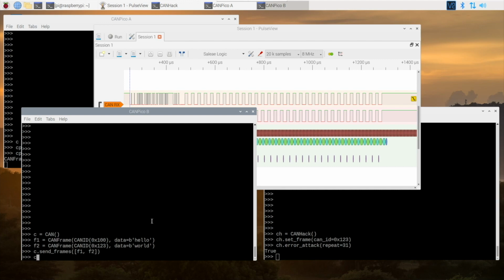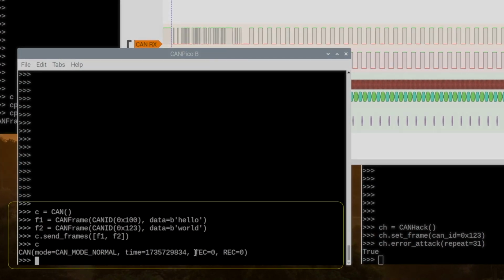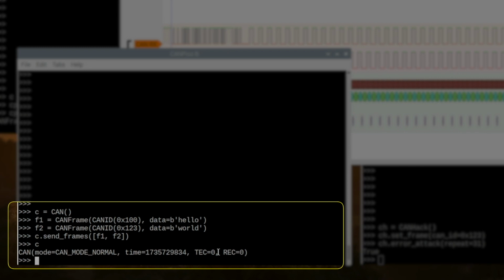Now if we bring up the status of that controller, it's actually showing here a transmit error count of 0. And the reason is the Microchip CAN controller automatically recovers from bus off in hardware. That's actually something that the CAN standard doesn't anticipate. Normally you'd expect software to detect bus off and then to ask the controller to recover, but the Microchip hardware automatically recovers. But it's thrown away all of its pending frames because it effectively resets the CAN controller. So that's why we don't see the transmit error count above 0, and that's why we don't see the bus off status, because it's already recovered.